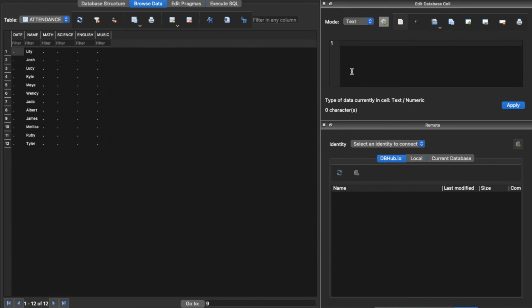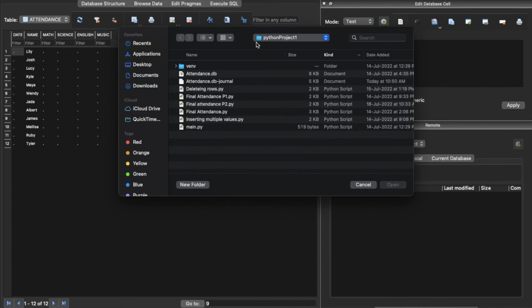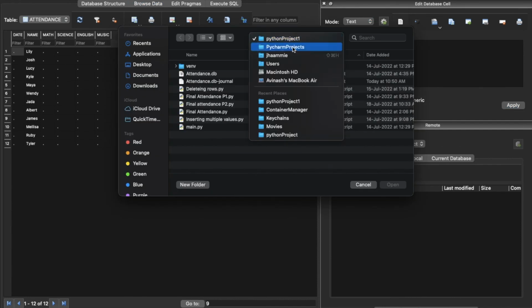So basically what we're doing is that the reason I managed to get it here is because when we write all the code, it's saving into the disk, and then when I press open database over here, I go into the disk, I go to Python project 1,